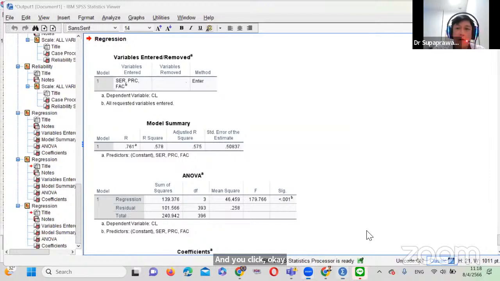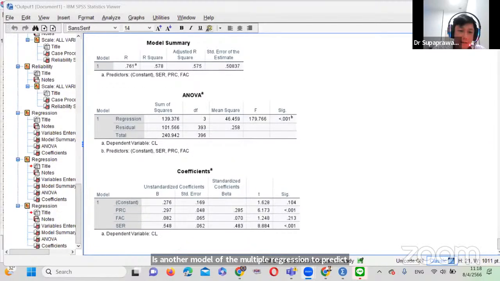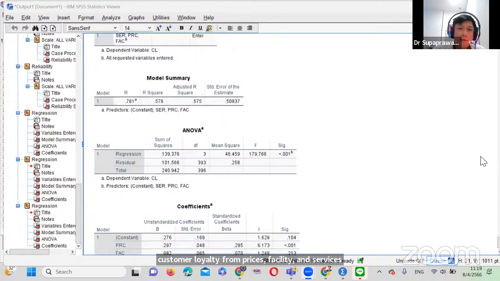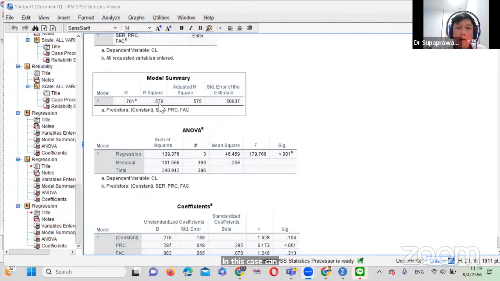It's another model of the multiple regression to predict customer loyalty from prices, facility, and services. When you predict a different outcome, it means that the model is different. The beta of the factor is also different because they do not predict the same outcome. In this case, the model can explain about 57.8% because the R square equals